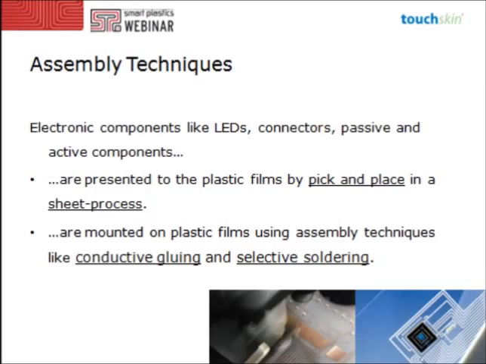You're usually putting your film on a rigid carrier substrate, and then you present the components via pick and place. So it's a sheet process, pick and place. There are some, let's say, first R&D results also regarding some roll-to-roll processing for the presentation of chips, especially, of course, thin chips. But this is still in an R&D phase, and I think the state-of-the-art actually is the sheet